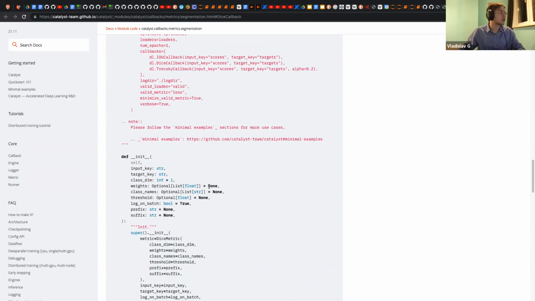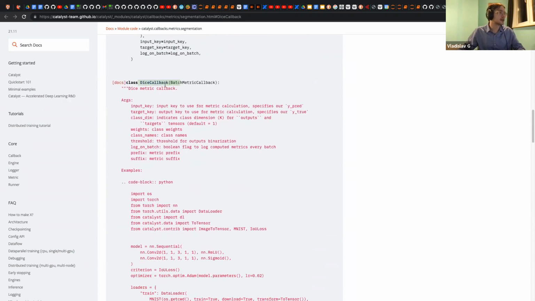Maybe more verbose, for example the dice callback, which is a batch metric callback. So it is a callback that counts a metric on a batch. Usually classes in software development are named this way, and you read them from right to left. But when you use something you are familiar with, you first see the first word and you understand everything else. That's why it is the first word.